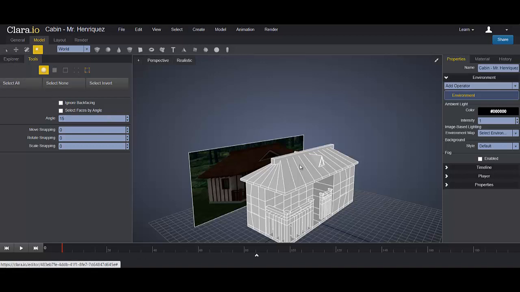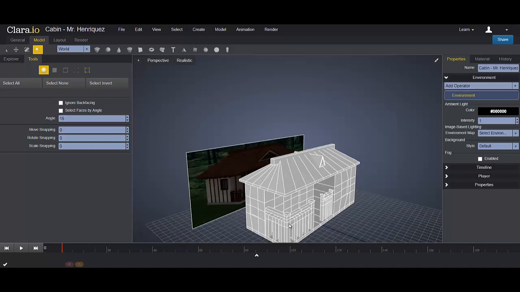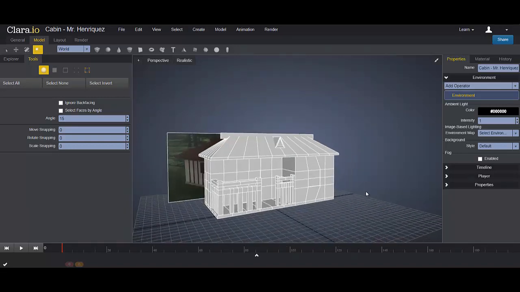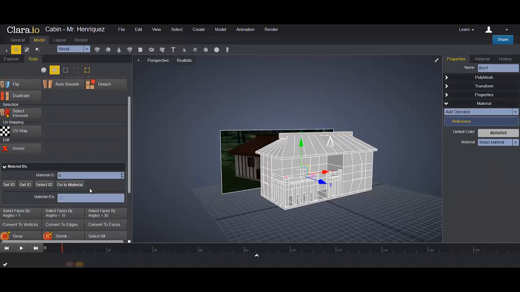Now I'm going to select the parts of the cabin to give it material ID. So for example, the porch, I'll select the face here and then make sure this one, I'll set it to 1 and then set ID. And then I'll select the other part of the